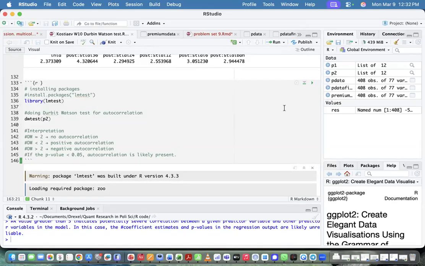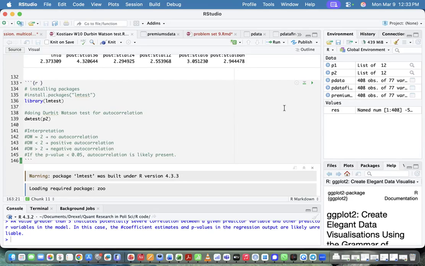And then we do Durbin Watson test to check for autocorrelation. Autocorrelation is a situation when your dependent variable actually affects your independent variables. Again, your dependent variable affects your independent variables, and in your model, it should be the other way around. So the way to do it is to